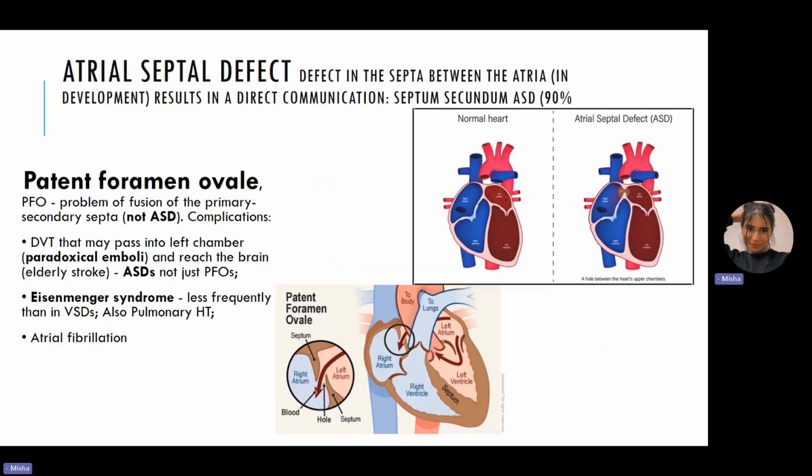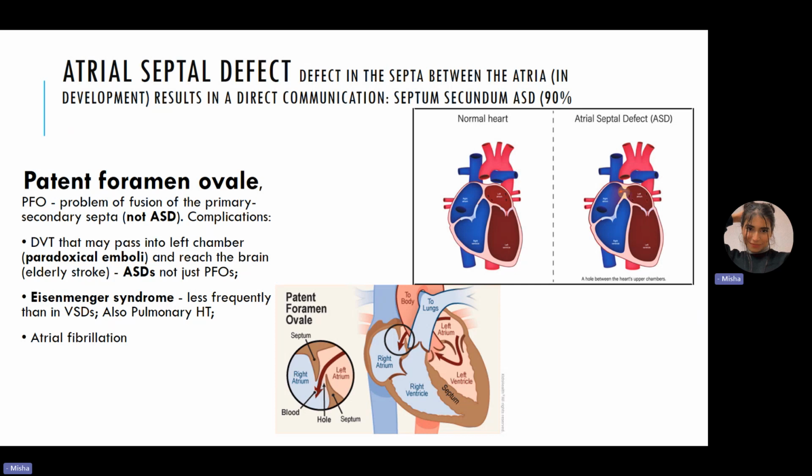Now let's move on to atrial septal defect. Now in atrial septal defect, this is basically a defect in the septa between the atria, obviously. And in this case, it is during development, which results in a direct communication. Now, here we basically talk about septum secundum, which is the most common. The septum secundum doesn't really grow completely, which leaves a hole. On the other hand, we also have septum primum failure, which mainly occurs during Down syndrome. So, people who have Down syndrome are most commonly they can have this, septum secundum, and can lead to atrial